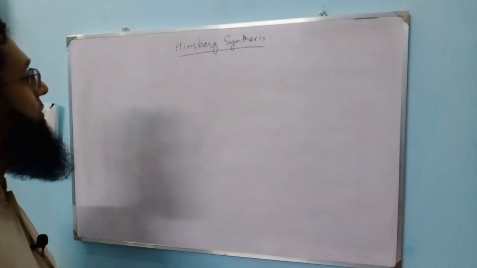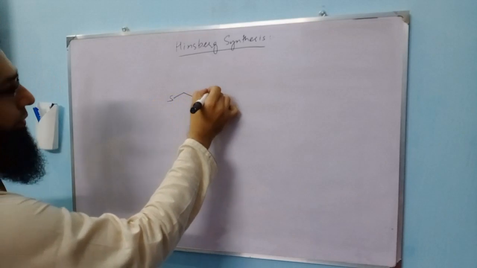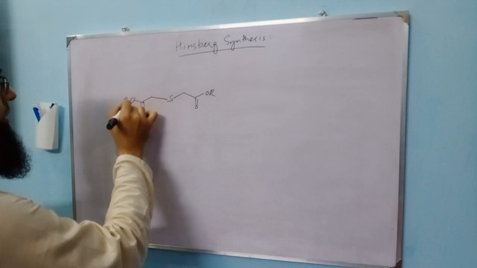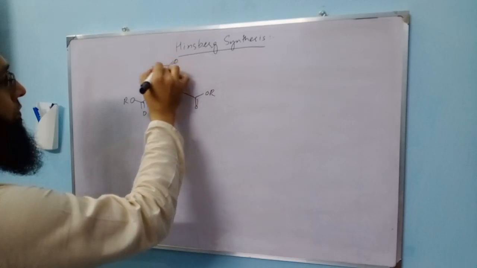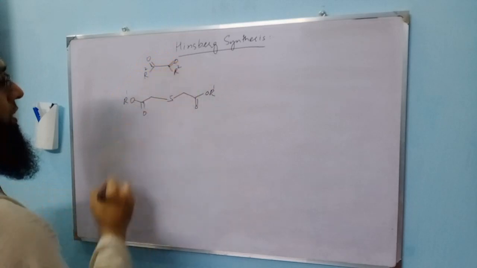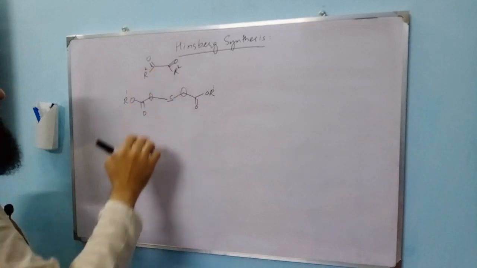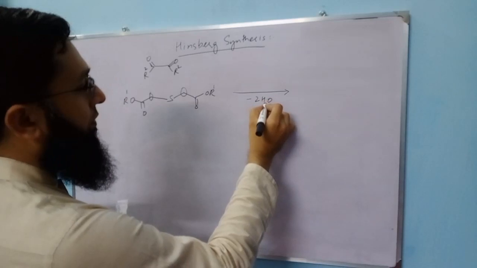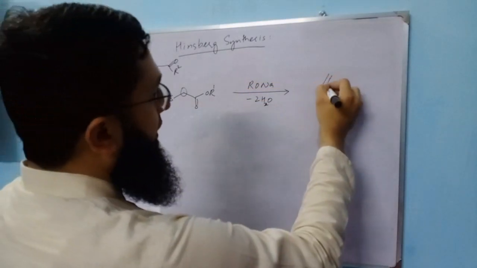And this method involves the reaction of 3-thiopentanedioic acid esters with 1,2-carbonyl compounds, and here we have an active methylene group, here we have an active methylene group. So both of these react and a double aldol condensation takes place in the presence of base, which is sodium alkoxide, for example, and as a result